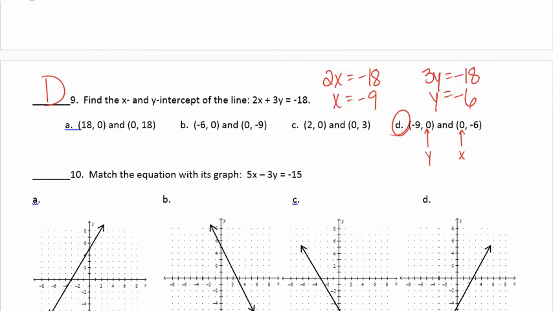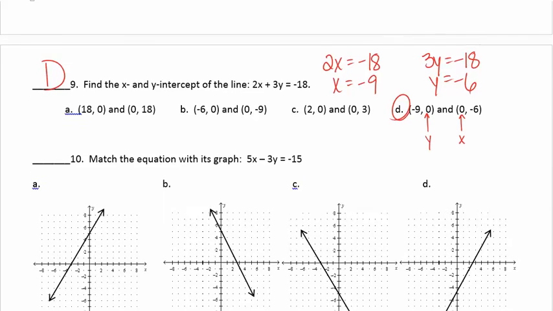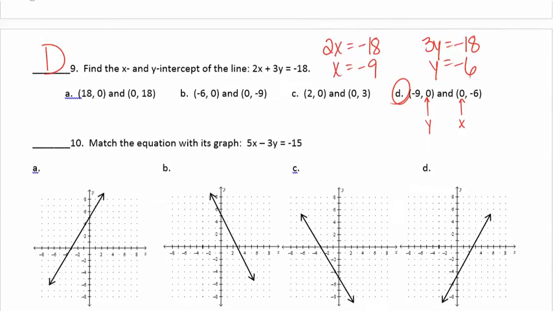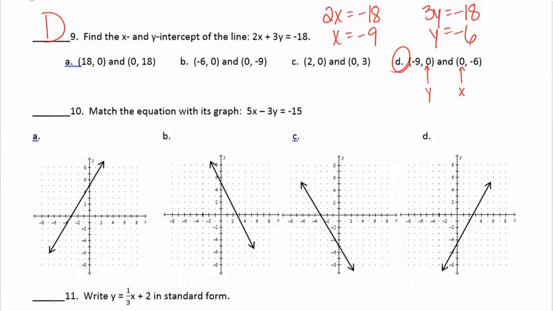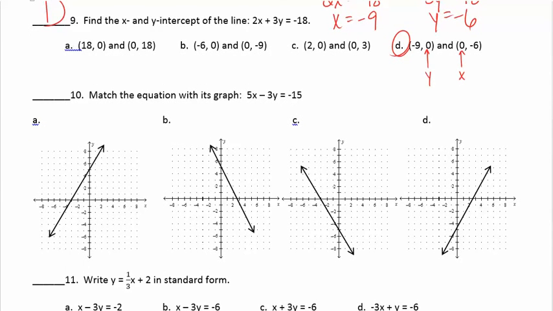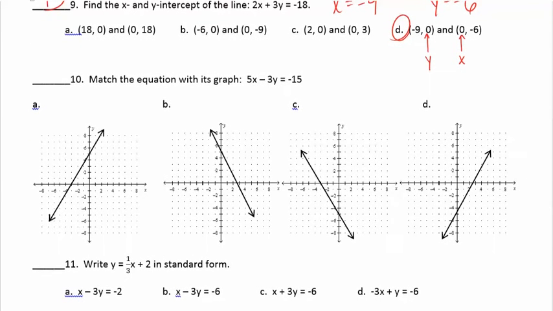Number 10 again wants us to match an equation with a graph, and I don't want you to overthink this one. You can rearrange the equation if you want, figure out what the slope is, figure out what the y-intercept is, or you can just look at that, understand that it's in standard form, and just find both of your